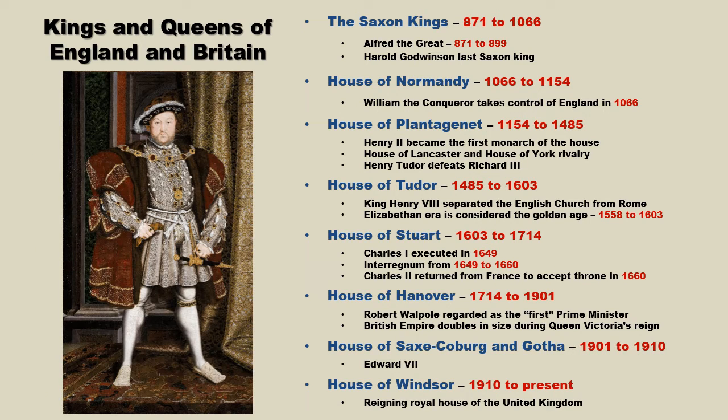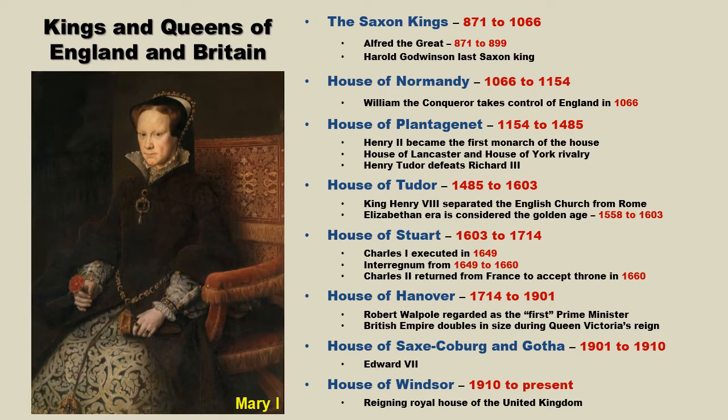Religious problems were a constant theme during the Tudors' reign. Henry VIII wanted to divorce his wife, Catherine of Aragon, but the Pope refused. As a result, Henry VIII separated from Rome and declared himself the head of the Church of England. When his daughter Mary became Queen of England, she aggressively attempted to reverse the English Reformation, which had begun during her father's reign. The executions that followed were a result of Mary's pursuit of the restoration of Catholicism in England.